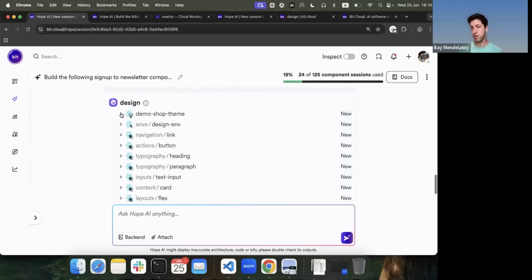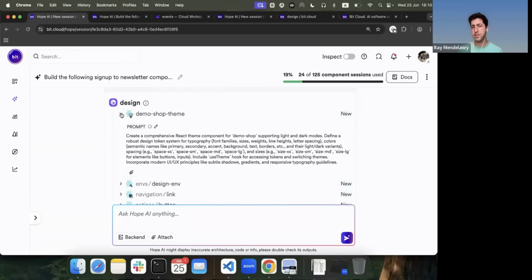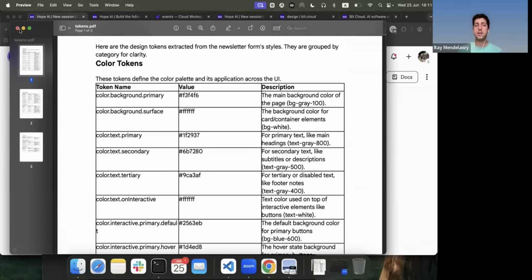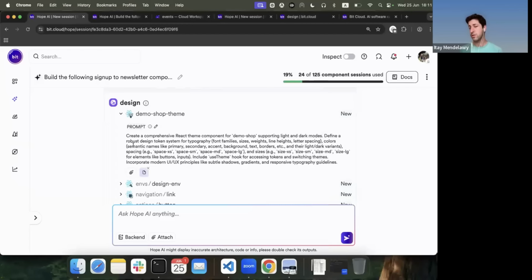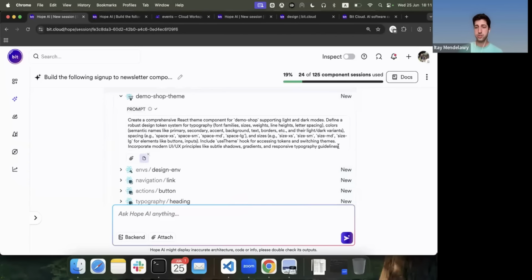So the first component, which is probably one of the most important ones, is our theme. Let's expand this. And we see there is a dedicated prompt on how Hope wants to build and generate the code for the theme. I can edit the prompt. I can even attach additional content into this. So in this case, I actually pulled all of my design tokens. I asked my designers to bring the design tokens in a PDF format. Let's open them, right? All of the design tokens are available. And I would like Hope to understand all of my tokens, so it will use them as it builds the theme. So let's also edit the prompt and mention to take all tokens and values from the attached file